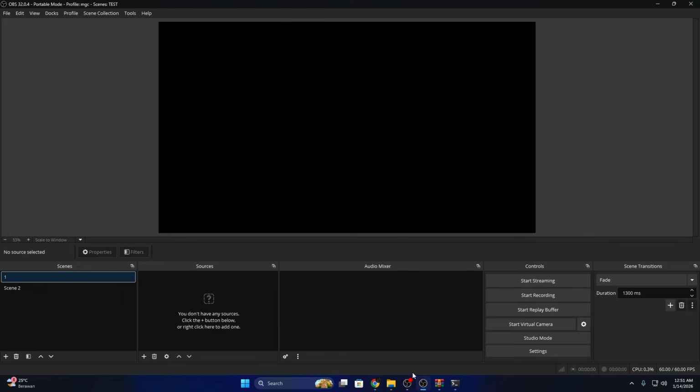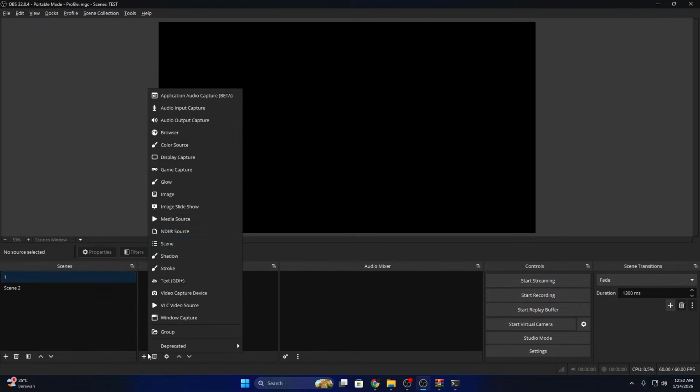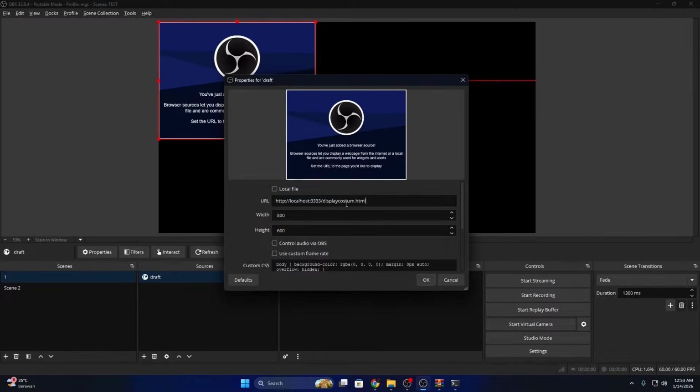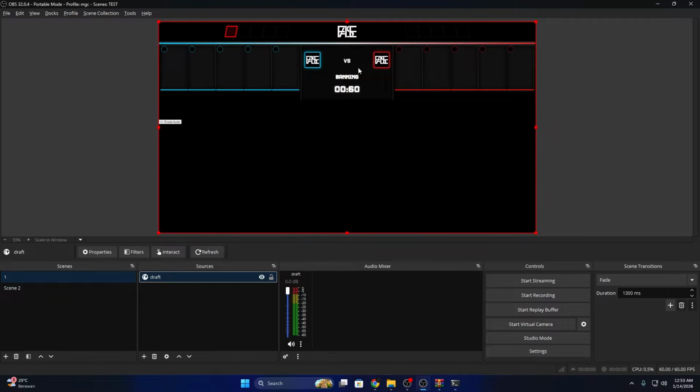Then we go to OBS, press plus and browser, and just call it draft. Paste the link, set 1920 by 1080, and make sure to enable control audio of your OBS so you can adjust the volume of the voice line. And there you have it, we are now in our new draft.